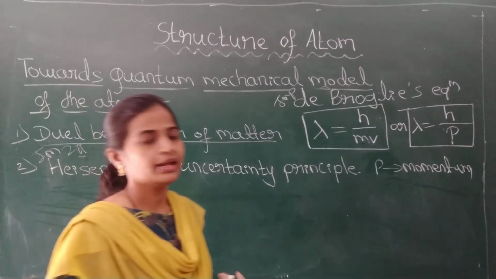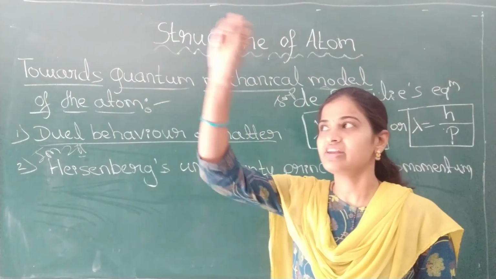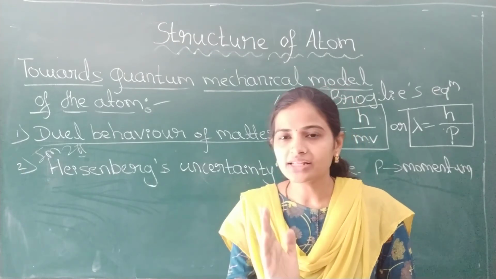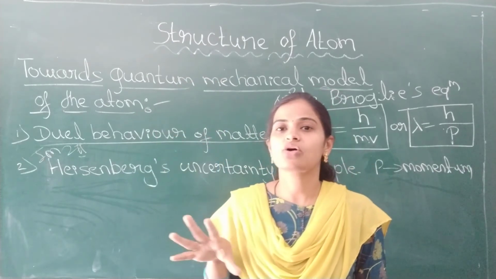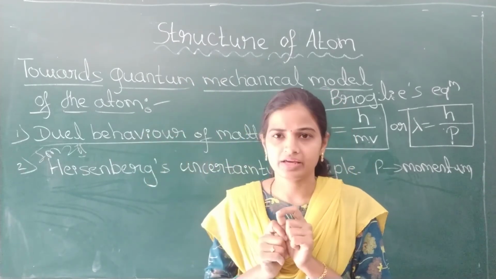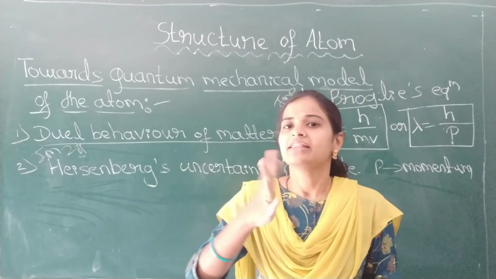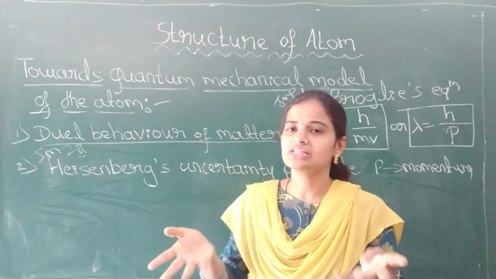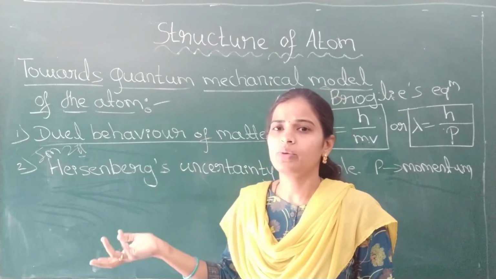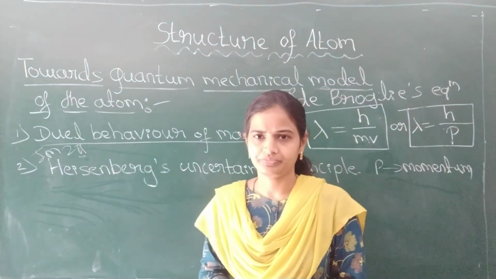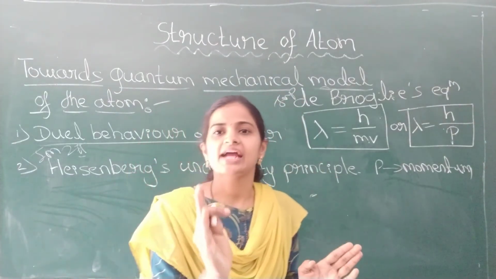Momentum is nothing but mass into velocity of the electron. It disproved the existence of definite paths around the nucleus. You got it now, students? We had imagined there would be a definite path around the nucleus, called orbits, in which the electrons revolve. But Werner Heisenberg has told that there are no definite paths around the nucleus. We cannot tell regarding the electron because the electron is neither only a particle nor only a wave. It behaves as both particle as well as wave. Therefore, if the nucleus is here, we cannot tell where exactly the electron is.